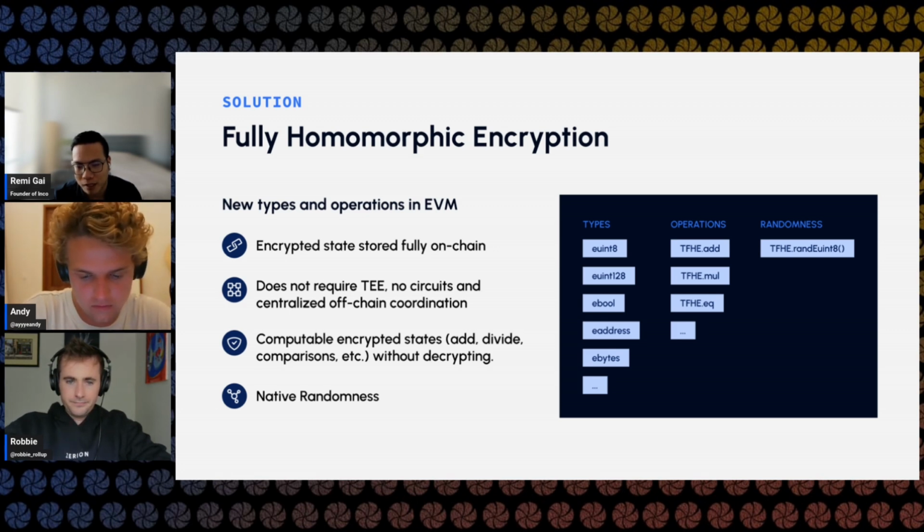You can think of this as a way to augment the existing EVM so that you're no longer constrained to only public states. What if I want to store private information on chain, right? What if I want to store someone's credit score, someone's age, or someone's cards, for a poker game? You can just use these encrypted types to encrypt values and store them on chain.